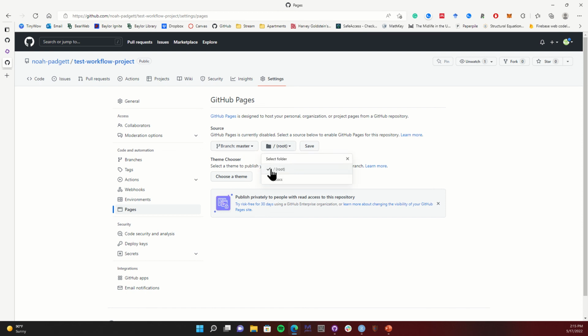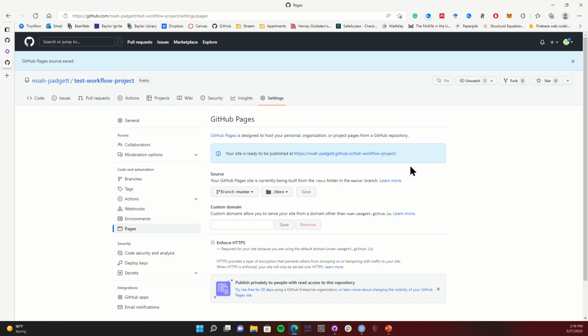And I don't want it to just build the website based on the root, but just based on the documents folder, so it only knows to use the files in that folder to create the website. We're going to save that, and so it says that my site is ready to be published,